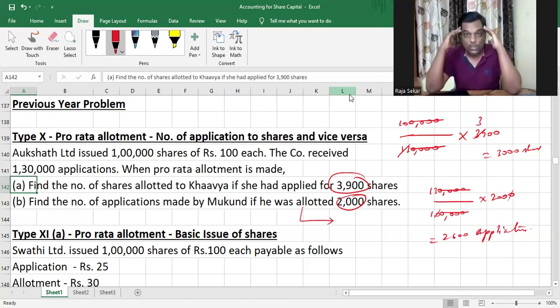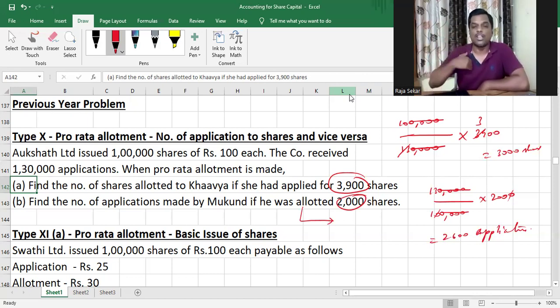Pro rata allotment also gives rise to another headache called excess application money. The situation of excess application money arises because we are not rejecting anyone's applications outright. We are not saying that, okay, I'm going to allot to A and I'm not going to allot to B, so I'm rejecting all of B's shares. We are not doing that. We are allotting some shares to everyone, but we're not allotting the total number of shares asked by them. Am I right or not, my dear children?